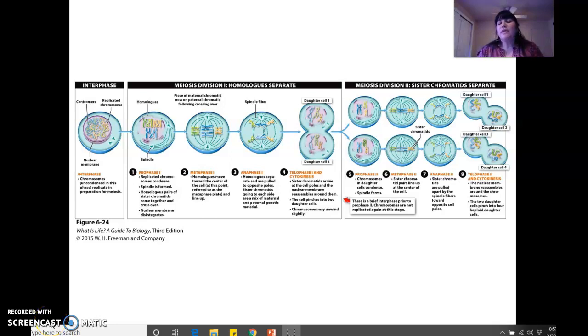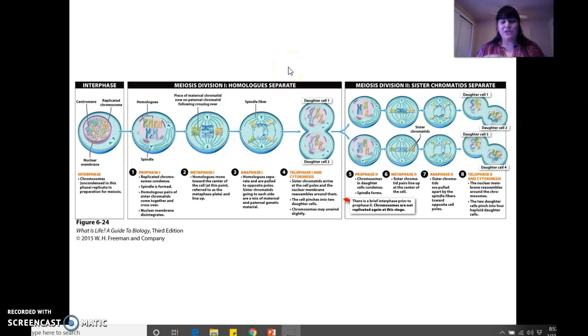All right, so the outcome of meiosis, right, are 4 daughter cells. They are haploid, so they have half the chromosome number, and they are not identical. They're not identical because of the crossing over and because of the random alignment in metaphase 1. So if we're going to review,